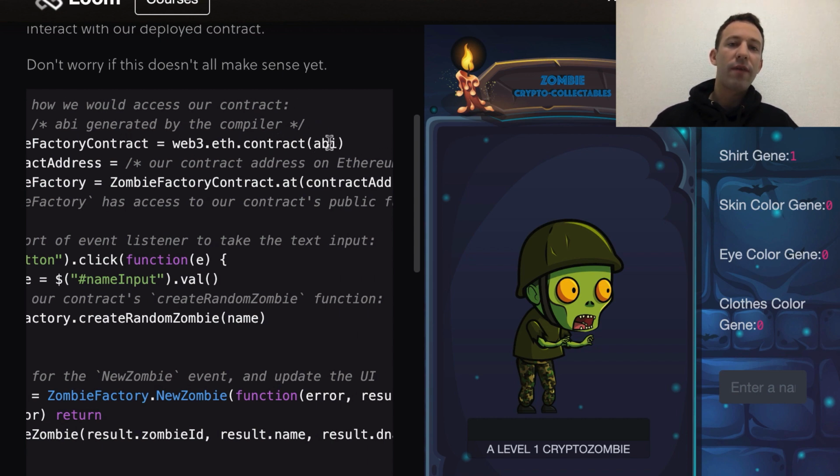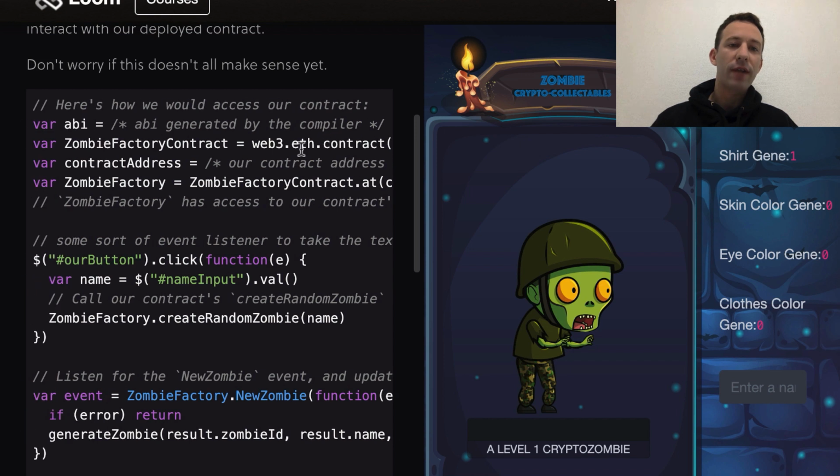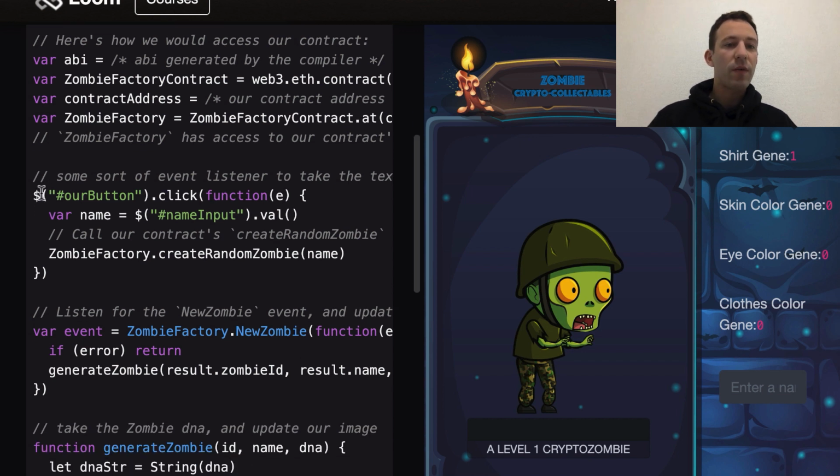Here we need to have this reference to the ABI of the contract. We define the Ethereum address of the contract on the blockchain, because each smart contract is identified by an Ethereum address. We pass this address to our object, and actually with Zombie Factory we can interact with our smart contract. Here we select an HTML element or a button, and we listen to the click event. When this is clicked, we get the value that was inputted. Here, that's the text box that you see here. We get the name, and then we execute the create random zombie function on the smart contract,